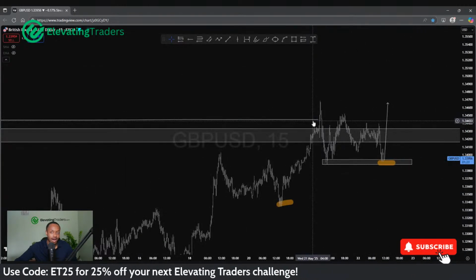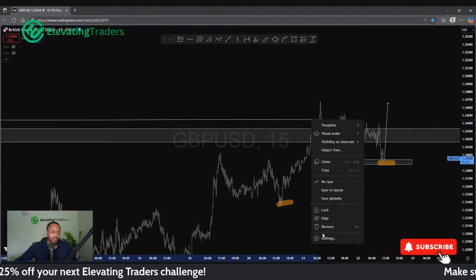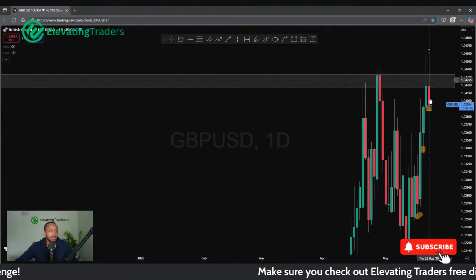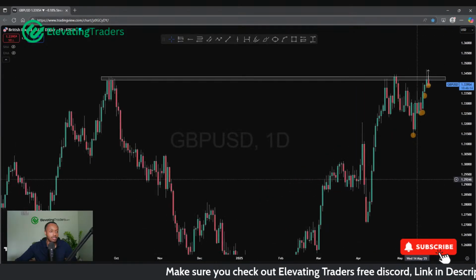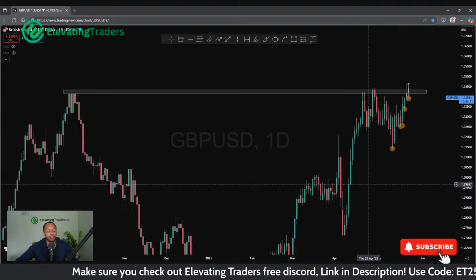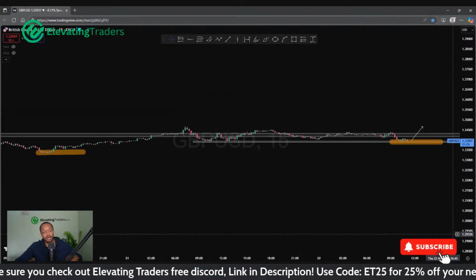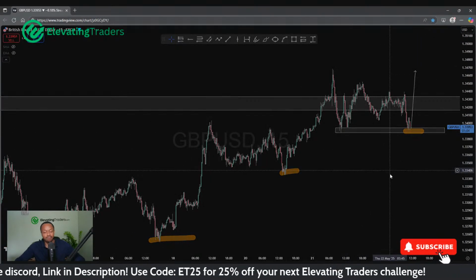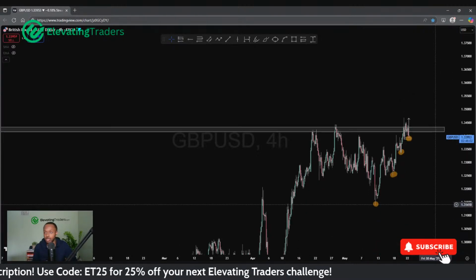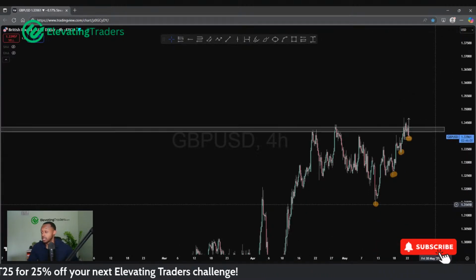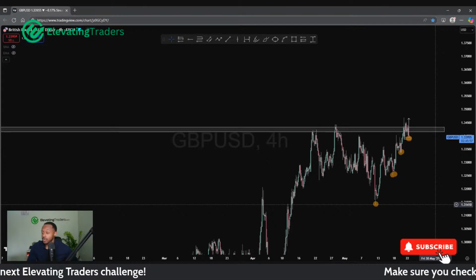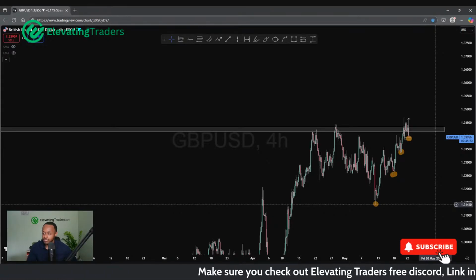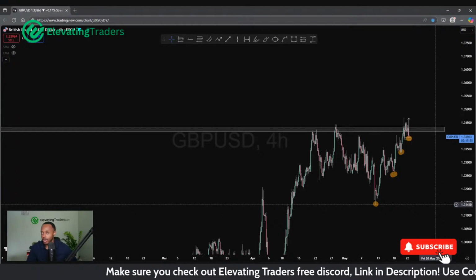Because you probably could be seeing higher time frame, longer term positions being closed, and you might see a bit of chaos, especially in the lower time frames as well. So yeah, from a 15-minute standpoint for Pound USD, could be a nice buy on the double bottom there. That's what I would keep an eye on. But I think Euro looks a lot better. I think Pound Yen looks a lot better. I'll focus on those two, to be honest, out of the four. Gold might develop into something, but that's probably still at least 24 hours away.